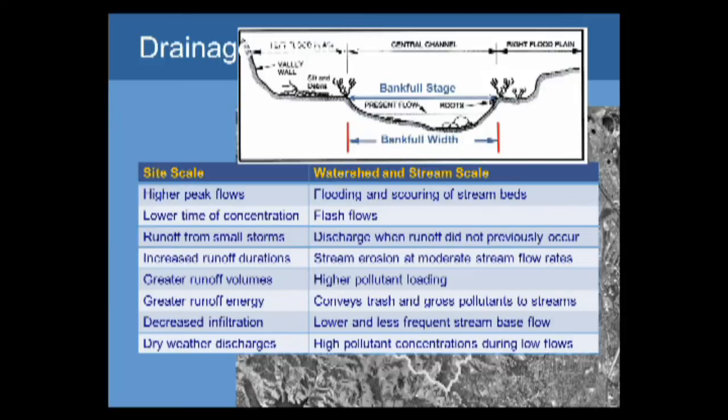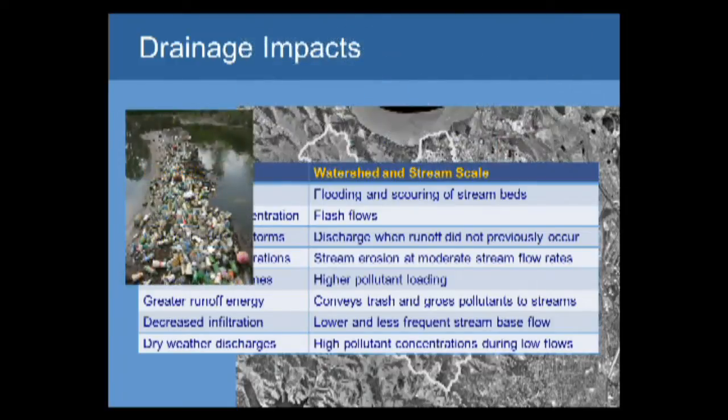More runoff volume just means more pollutants being carried downstream from an urban environment. The runoff energy means that you can move gross pollutants like trash downstream in a way that you wouldn't otherwise have been able to. Because there's less infiltration, you have less base flow during the non-rainy season, during the dry season. And then this last one, which is, I think, often overlooked, but it really relates to why we do LID, is that dry weather discharges, and particularly the small discharges that storm drains produce if you get a small storm in August or September,